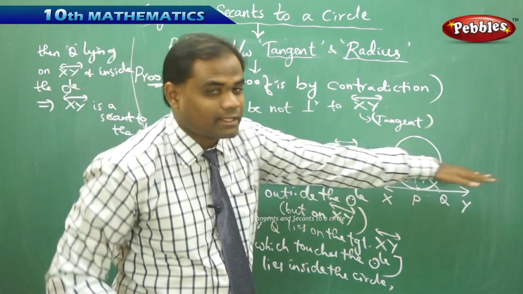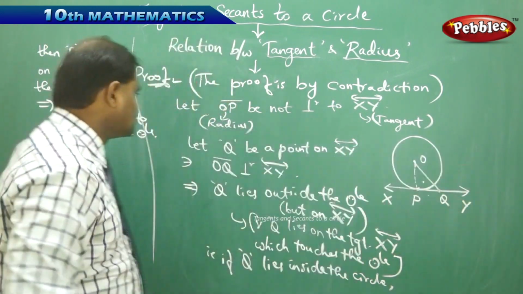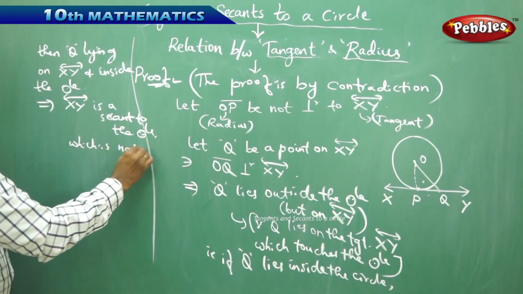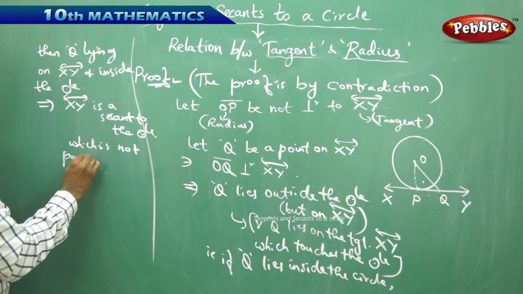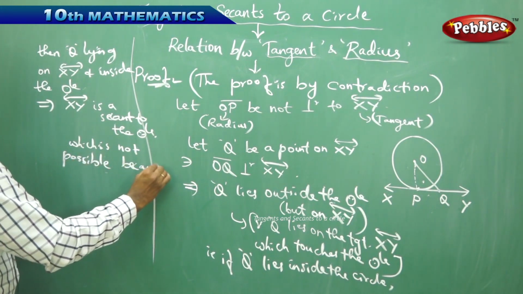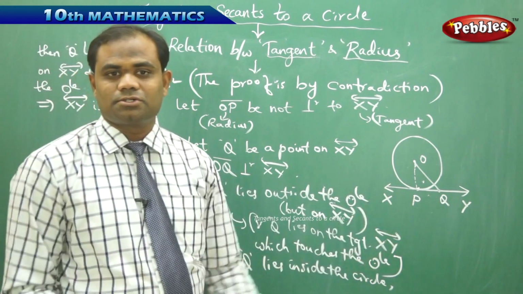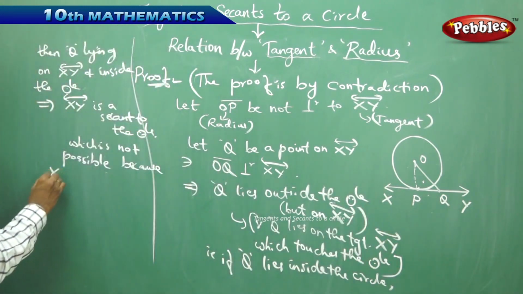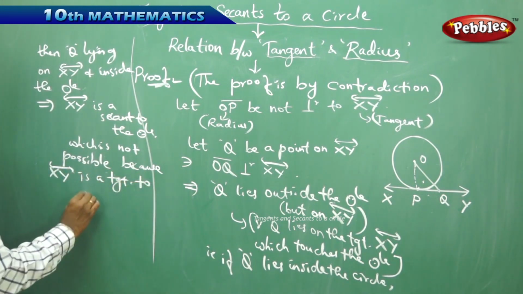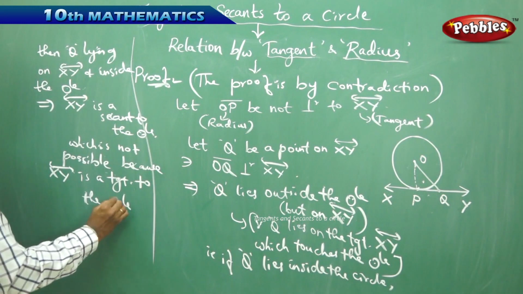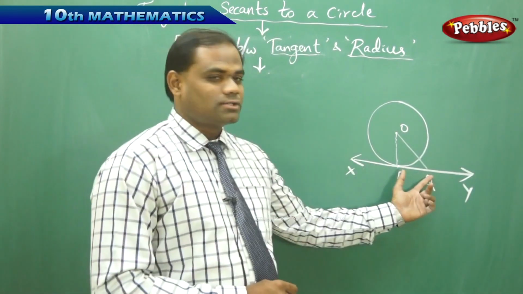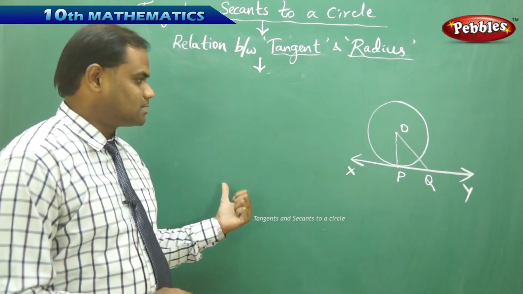If Q lies inside, then it cuts the circle in two parts, which is absurd, which is not possible, because simply XY is a tangent. It's not possible because XY is a tangent to the circle. But when we assume that Q is outside, as we have proved through the previous part of